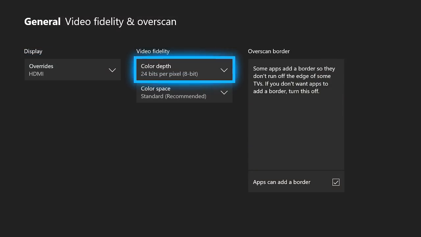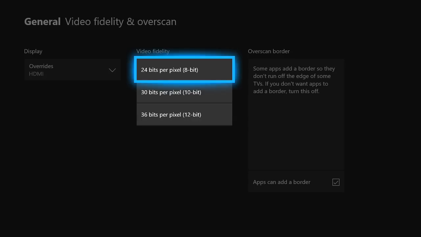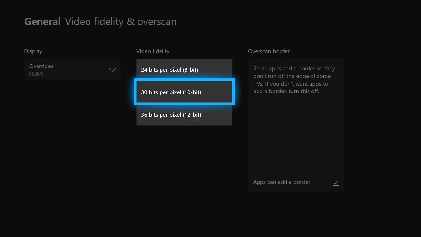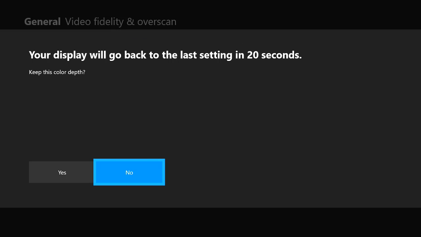Basically, over here to the right where it says video fidelity, there's going to be two options: color depth as well as color space. We want to start by clicking on color depth. Once you click on it, you guys can go all the way to the bottom where it says 36 bits